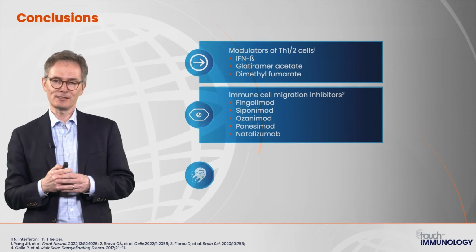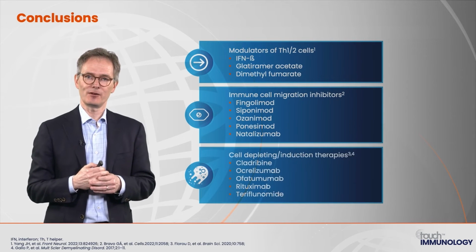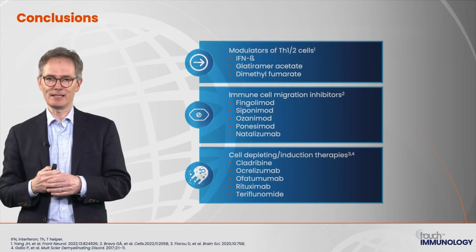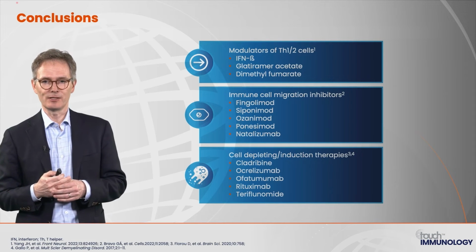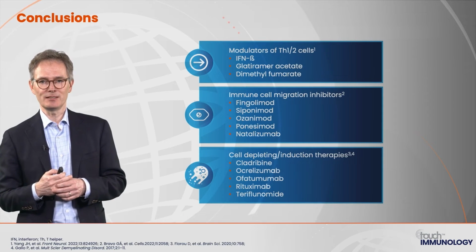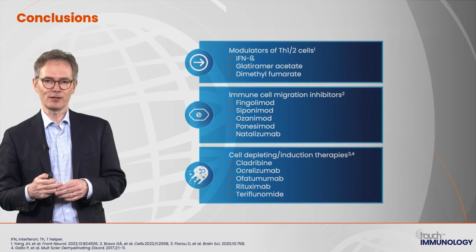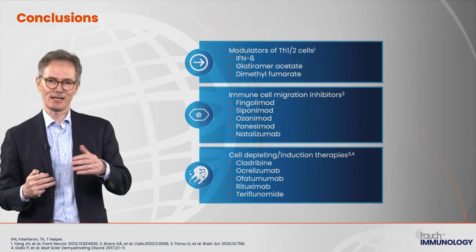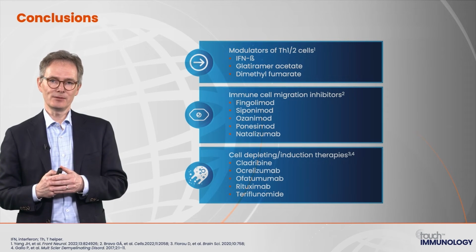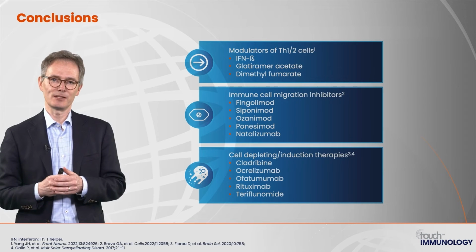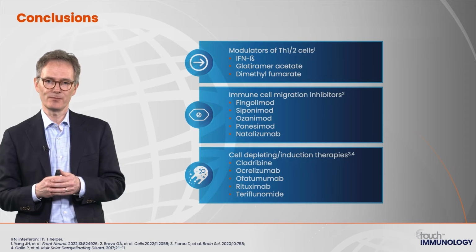And then there's this group of cell-depleting therapies. Cladribine is given in cycles as tablets, and it interferes with the DNA synthesis and leads to apoptosis of immune cells. It's quite specific for lymphocytes because of the ratio of kinase and phosphatase that activate the drug. Interestingly, it's even more specific, not only on lymphocytes, but looking at the kinetics, it really mainly impacts memory B cells in the long term.